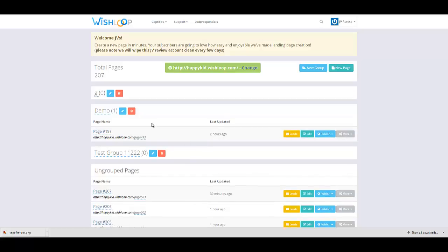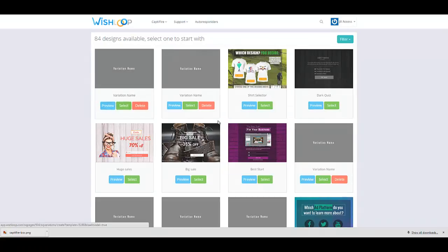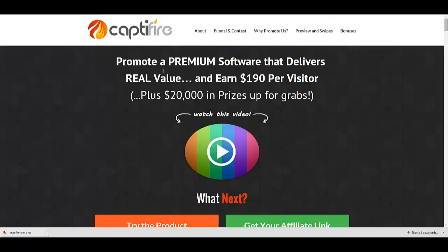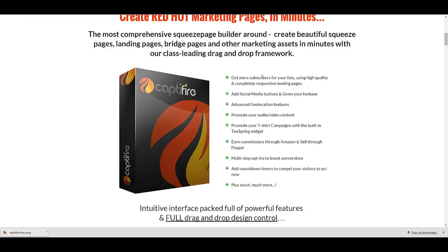Now, before we get into this, I'm going to start by clicking New Page, but before I start moving in here, I want to mention that basically the point of this is it gives you an easy way to create landing pages. And if we look over here, it helps you get more subscribers for your list using high quality and completely responsive landing pages, add social media buttons and grow your fan base, geolocation features, promote your audio video content, promote t-shirt campaigns,